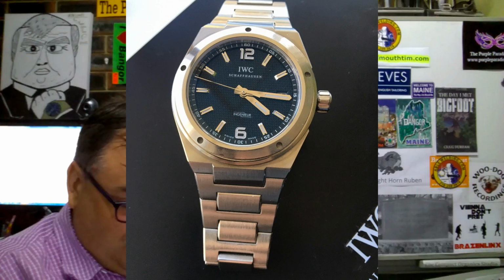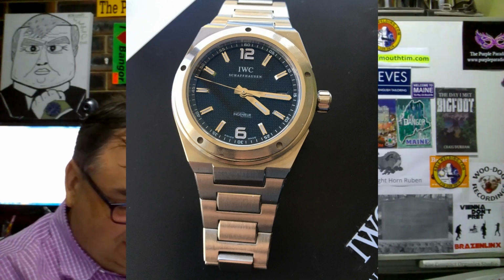Number four, IWC Ingenieur. I need to put some ice cubes in here. Ingenieur. We love Ingenieurs. He's got an IWC Ingenieur 3227-01. I have you to thank for this one, Arch. My lust for this brand started in my mid-20s when my boss at my second job always said he'd love to own an IWC. When I discovered your channel and you would do a wristwatch check with your IWC Ingenieur,